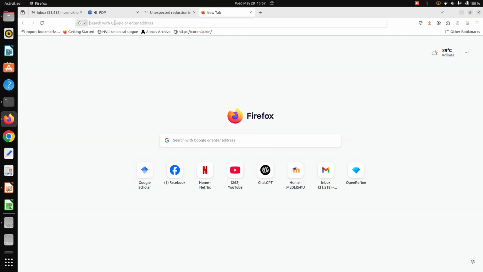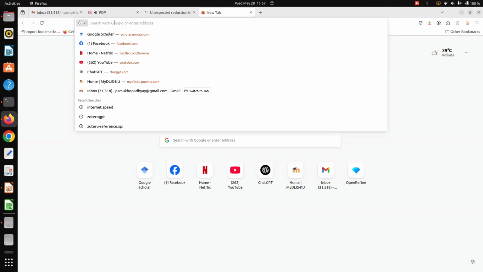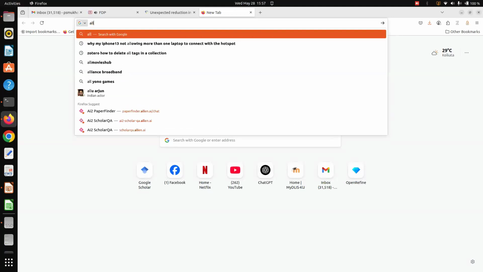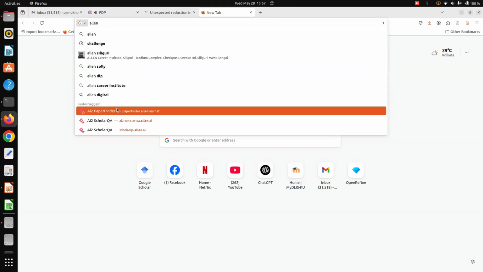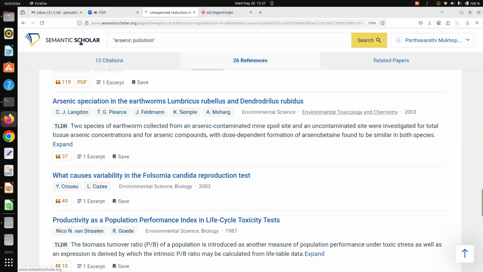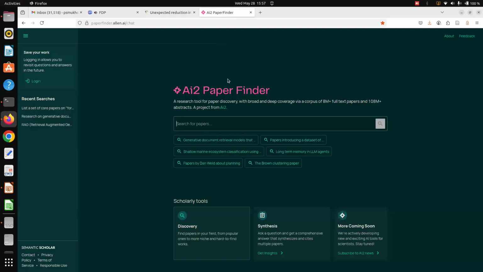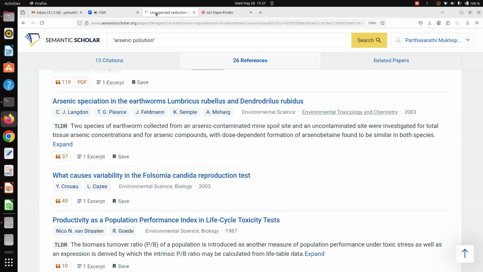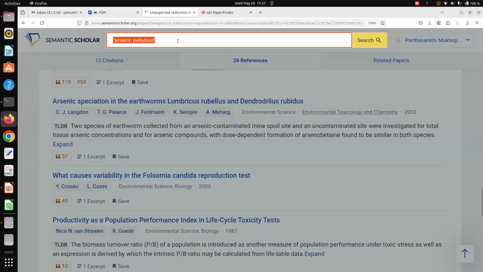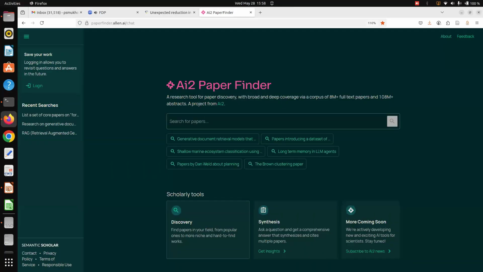So he again envisioned another model, which is the second generation of AI, I can say, out of this raw Semantic Scholar, which utilized TLDR and related papers. They developed a completely LLM-driven paper finder based on Semantic Scholar. So here you see, I still cannot make a query in natural language because it's a keyword-based technology. But this technology I can utilize just like a semantic search engine.